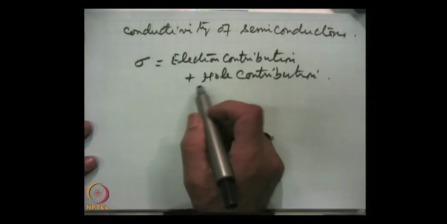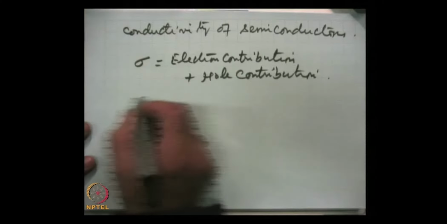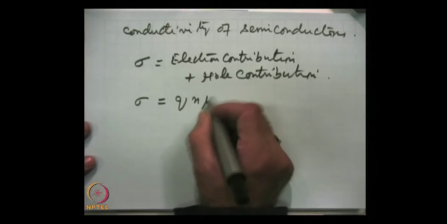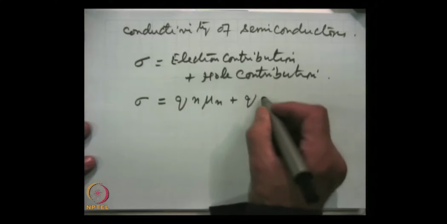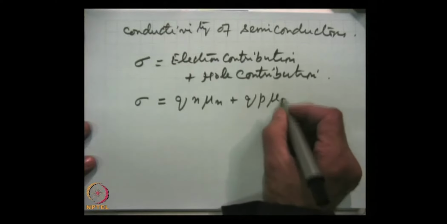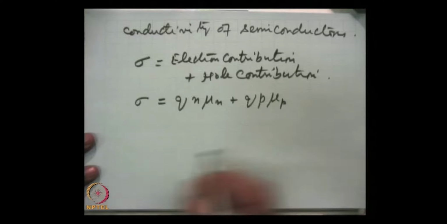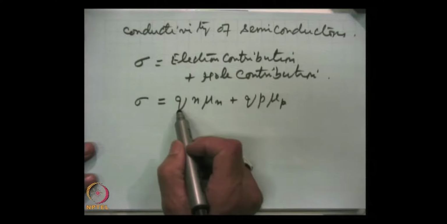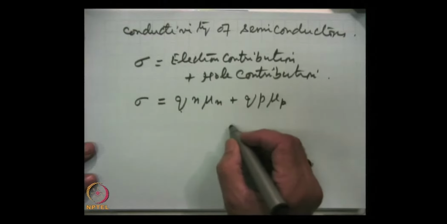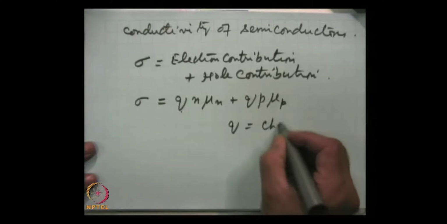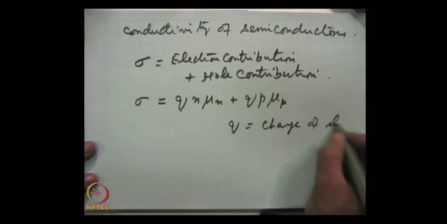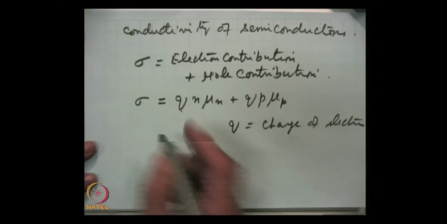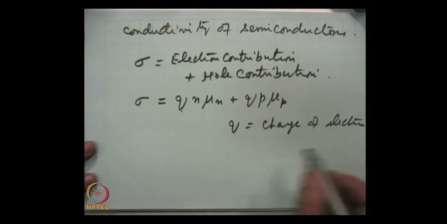Electron contribution plus hole contribution. Therefore, this is Q, the electronic charge, and I write here charge of electron, which is equal to the charge of hole. Sign is different, but we are concerned with the magnitude. So, charge of electron or hole,